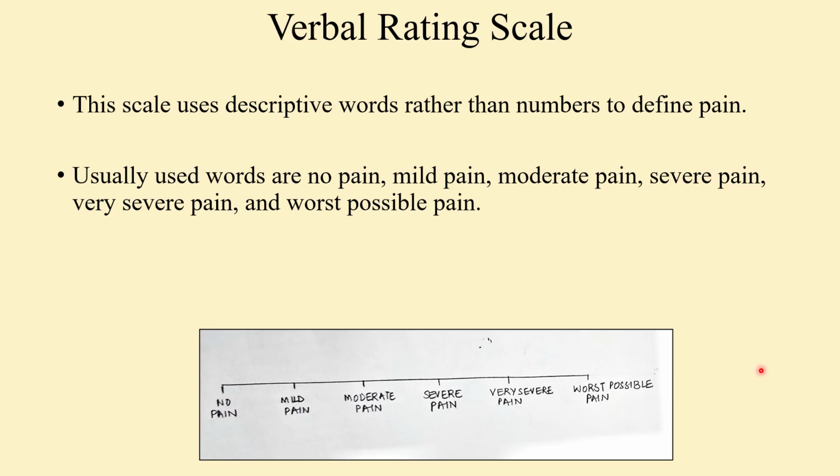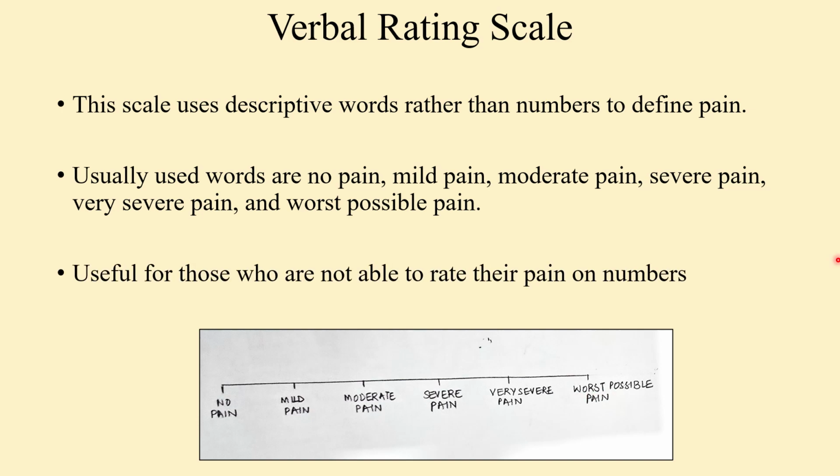scale. What this scale does is that instead of numbers, it gives you descriptive words. So it can be no pain, mild pain, moderate pain, severe pain, very severe pain, worst possible pain. This is a 6 pointed scale that measures pain. Sometimes there are more or fewer points based on what kind of adjectives or descriptive words we are using. But those who can't rate their pain on numbers can rate their pain using these adjectives or descriptive